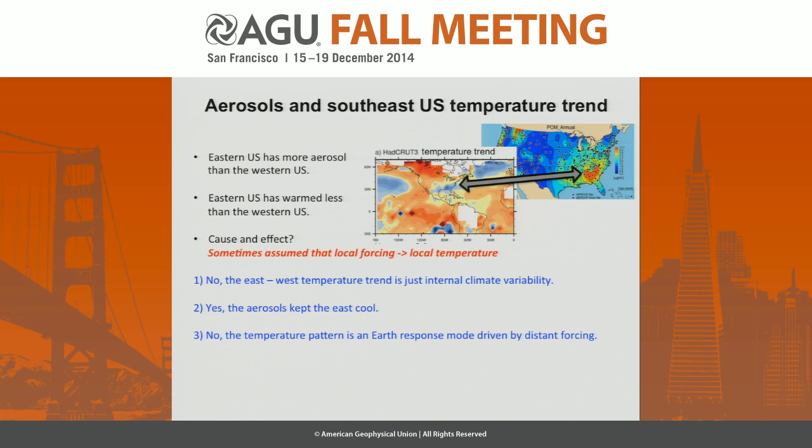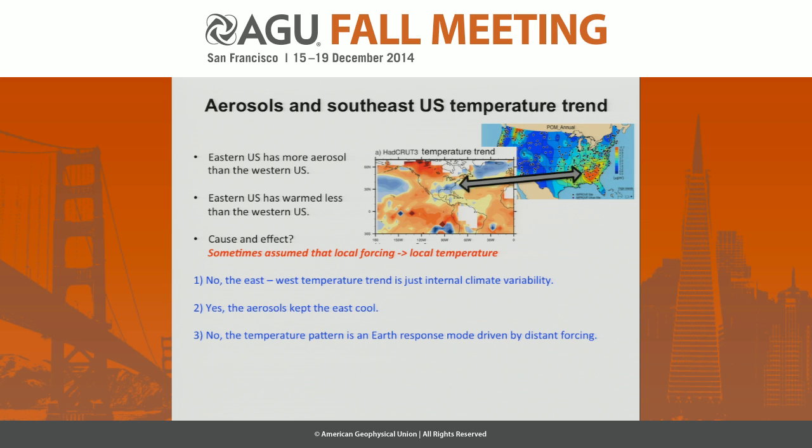Joost in particular asked me to say something about aerosols and the temperature trend in the southeast U.S. This is the temperature trend from the Hadley Center model, and there's been very little warming in the southeast U.S., and of course you can put this next to the map of particulate organic matter, and I think it's sometimes assumed that local forcing by aerosols leads to a local temperature change. Maybe people don't say that explicitly, but maybe in the motivation slide at the beginning of their proposal they say, well, there's this warming hole and there's all this organics, so let's go study it. And so I'm going to spend a few slides here